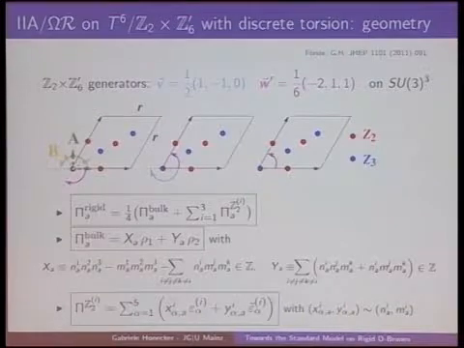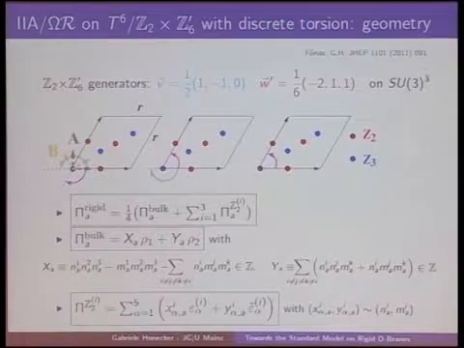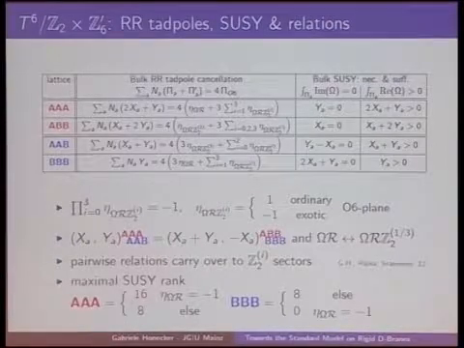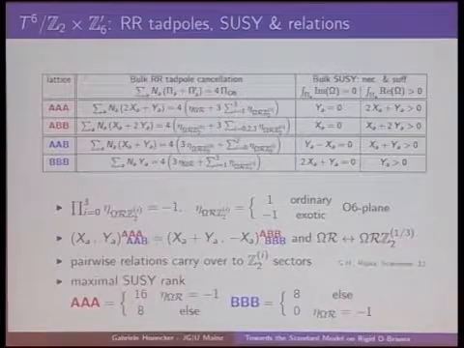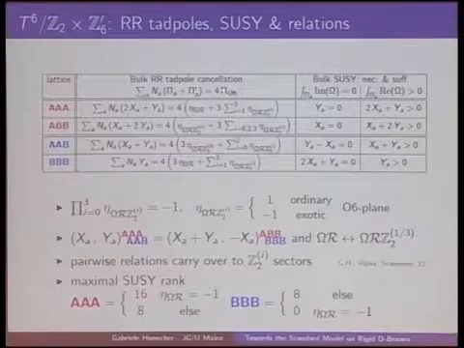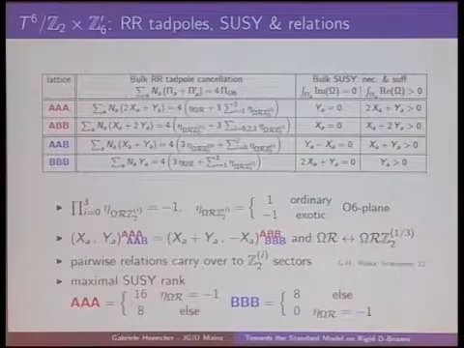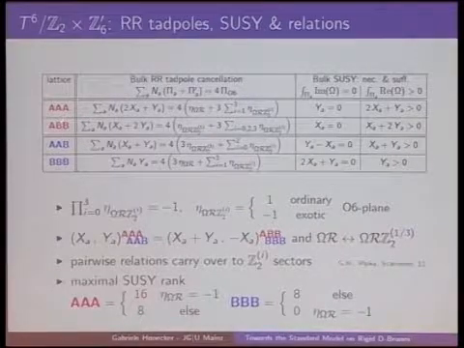For the exceptional cycles, you have a similar picture. You have Z2 twisted cycles, and you have prefactors, which are again related to these 1-cycle wrapping numbers. So you can use these and, first of all, look at the tadpole cancellation condition. D-brane charges have to cancel against orientifold plane charges, and you can go through the list of different lattice